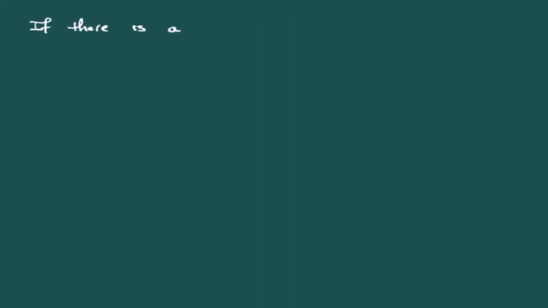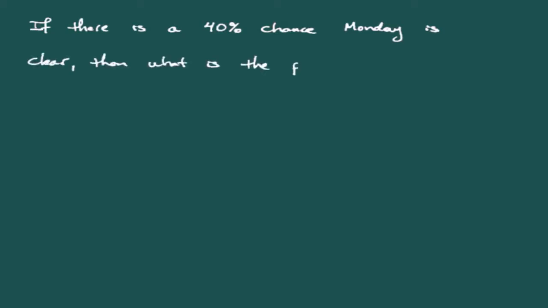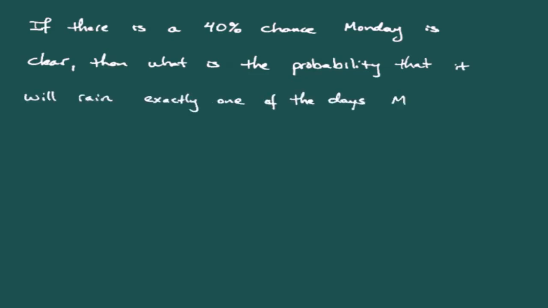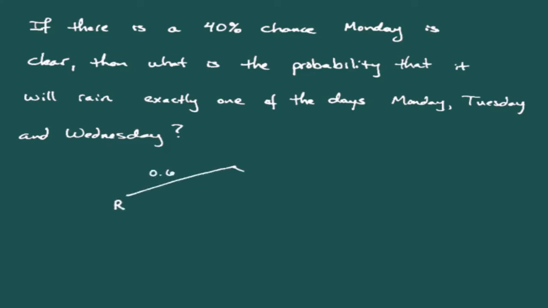Now, in addition to this information, suppose that we just happen to know that there's a 40% chance of rain on Monday, or there's a 40% chance that Monday is going to be a clear day. Then we can ask the question, what is the probability that it will rain exactly one of the 3 days, Monday, Tuesday, or Wednesday? Well, if we look at the tree diagram that corresponds to this possibility, we've